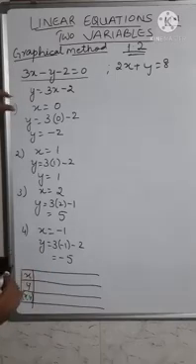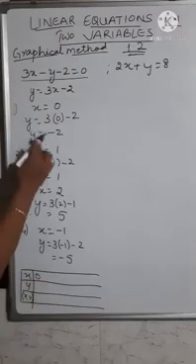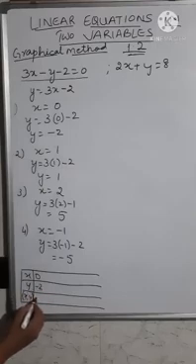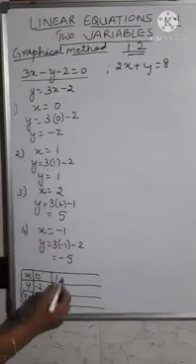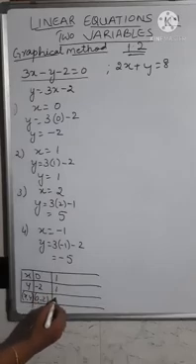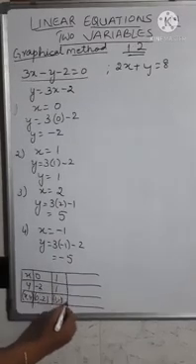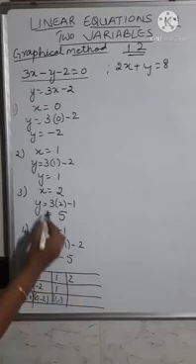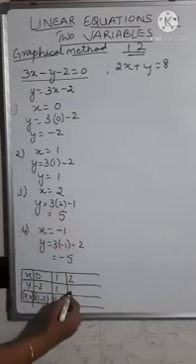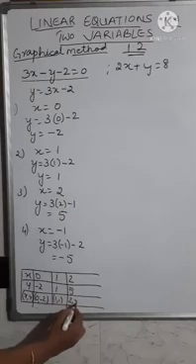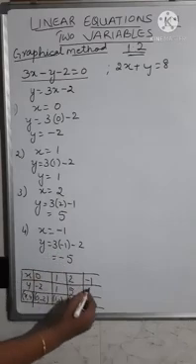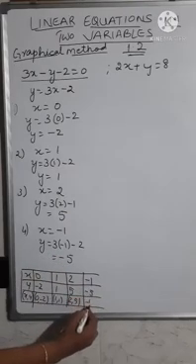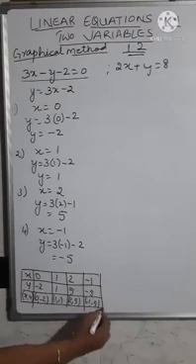The first value you have taken is, when x is 0, y will be equal to minus 2, in the form of coordinates 0, minus 2. Next, x you have taken as 1. When you have taken x as 1, you have got y also as 1, so you get 1, 1. Next is x is 2 and y is 4, so you get 2, 4. Then the last value you have taken is minus 1, minus 5, so minus 1, minus 5. So like this you have to prepare the table.